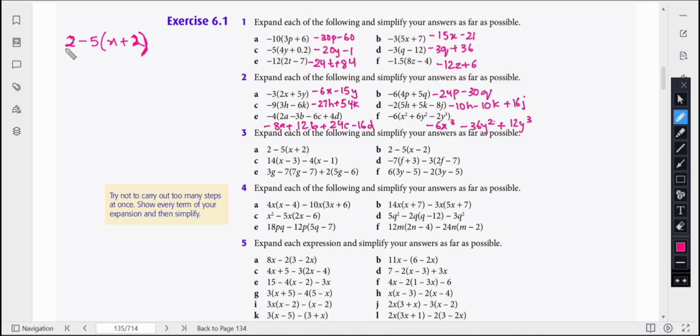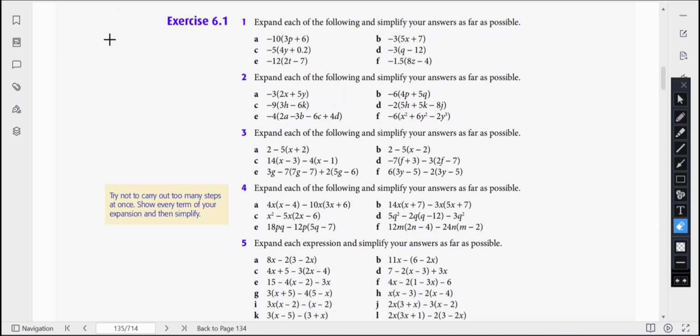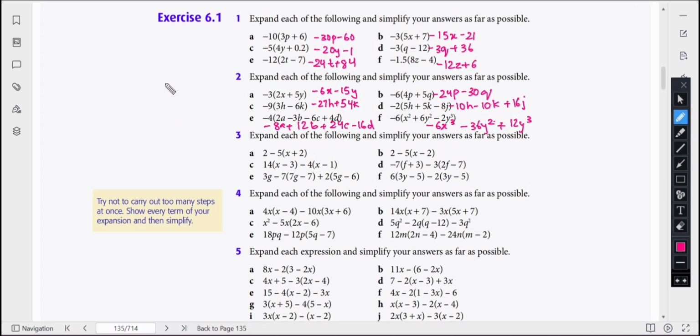क्योंकि यहाँ पे हमारे पास ब्रैकेट्स नहीं लगे हुए। अगर यहाँ पे ब्रैकेट्स लगे होते तो कहानी हमारी डिफरेंट होती। देखो अगर यहाँ पे ब्रैकेट्स लगे होते तो हमें ये भी देखना है ना यहाँ पे कोई वेरिएबल है या नहीं। अगर यहाँ वेरिएबल ही नहीं है, 2 - 5 - 3 होता है, तो -3 को हम x+2 से मल्टीप्लाई कर लेंगे सिंपली। पर हम लोग इस केस में क्या कर रहे हैं, जिस केस में हमारे पास है 2 - 5(x+2)। अब इसके अंदर हमने -5 को सिर्फ अंदर मल्टीप्लाई करना है, x के साथ भी और 2 के साथ भी। माइनस को भी साथ में करेंगे मल्टीप्लाई, ठीक है। तो इट विल बिकम 2 - 5x - 10।